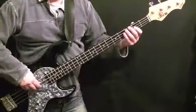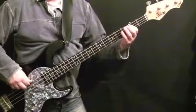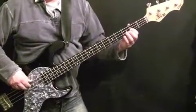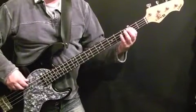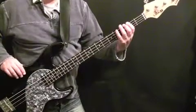And then if you listen to the original, you hear this is with the drums. You've got E, B, G sharp, F sharp. E's the 2nd fret of the D string. B is the 2nd fret of the A string, G sharp and F sharp, 4th and 2nd frets respectively of the E string,